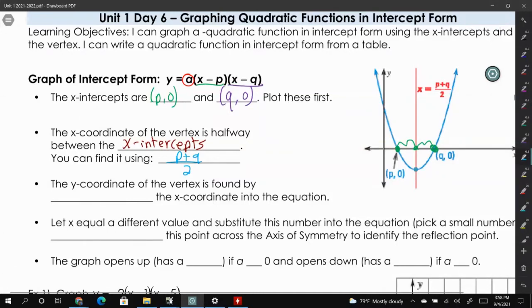I find that most students will just plot the two x-intercepts and then find that in between. Well, once you find the axis of symmetry, that's also the x-coordinate of the vertex. So to get the y-coordinate of the vertex, you can plug in your axis of symmetry. Okay. So then that would give us a third point, because we have our two x-intercepts, we have the vertex,